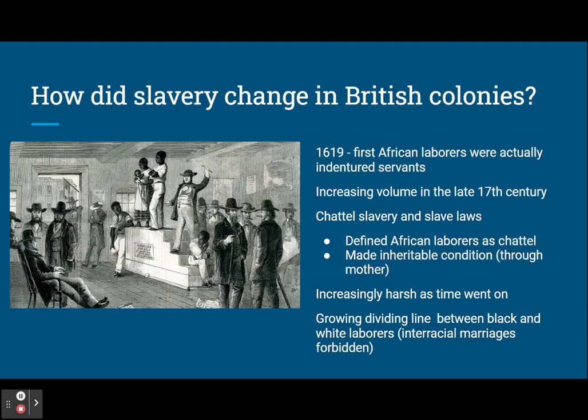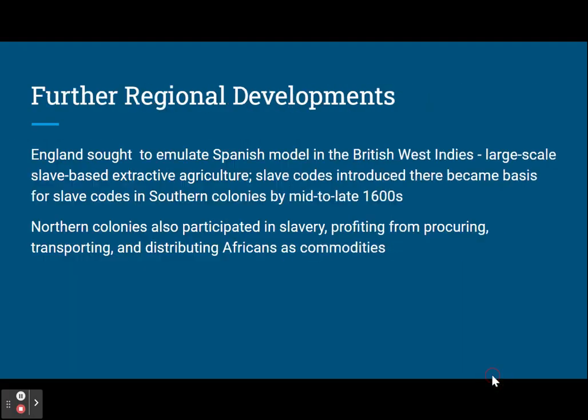We're also going to start to see interracial marriages forbidden. Other regional developments: England was really seeking to emulate the Spanish model in the British West Indies. As we've already discussed in the previous video, there was large-scale slave-based extractive agriculture. They introduced slave codes, and those are going to become the basis for slave codes in the southern colonies by